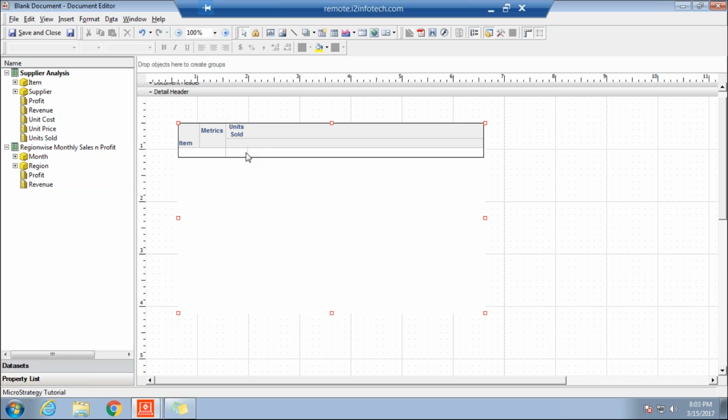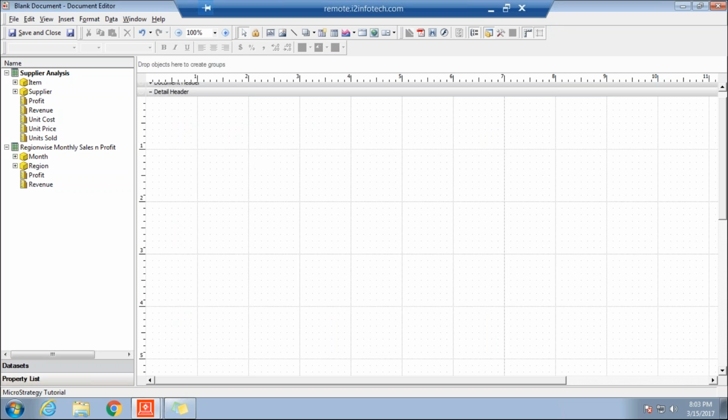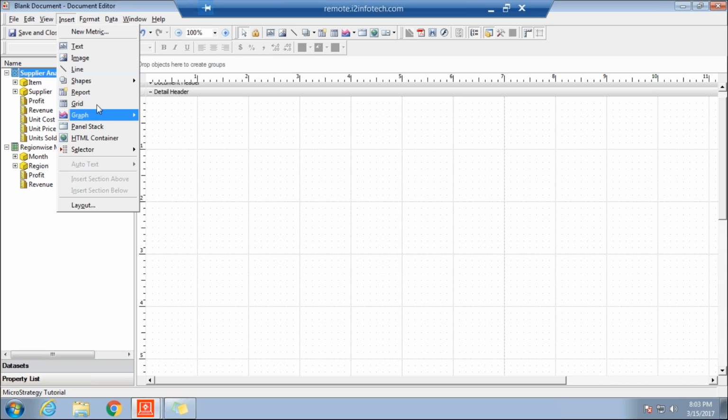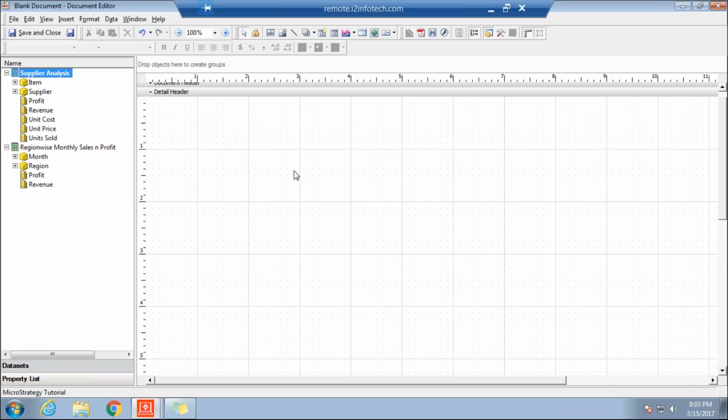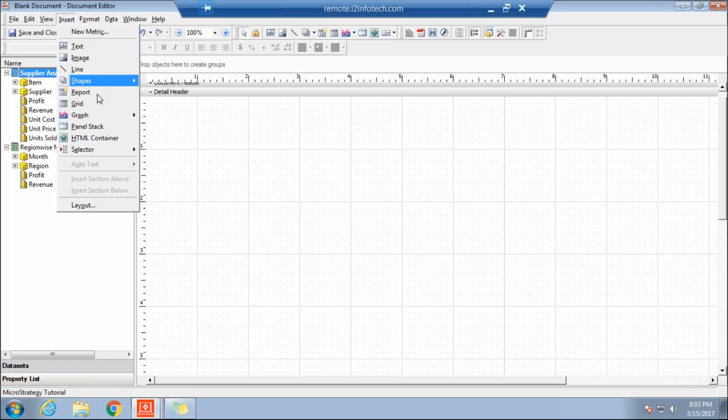So to place your grid, there are two ways. One is you just drag your grid and place it, or the other way is you can get into insert, then select grid and place only selective columns. So based on need, say you want all columns in a report to be displayed, you just drag and drop. If, for example, your report size is very big and you want to have only selected columns on your report, then in that case you go for the second approach, that is insert,